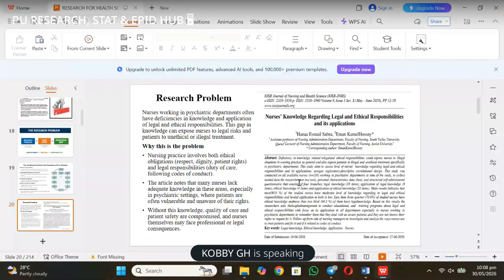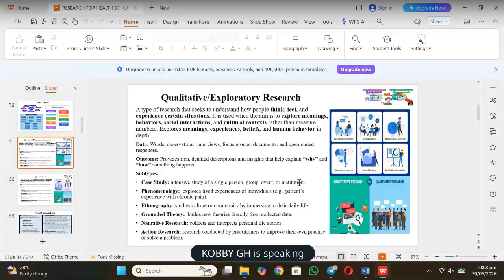Remember we discussed when we give you a research topic, then we ask you what are the parts of the topic. We discussed that in your classroom. We give you a research topic, this topic, research topic. Then